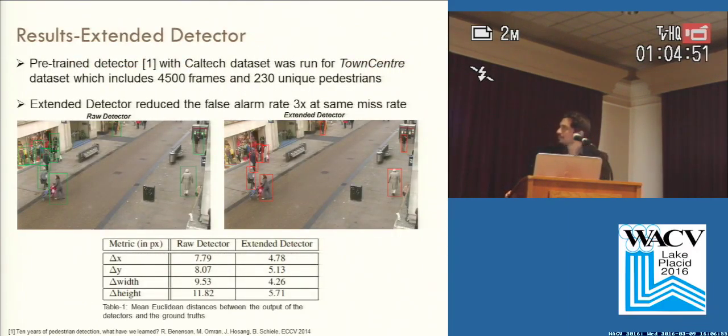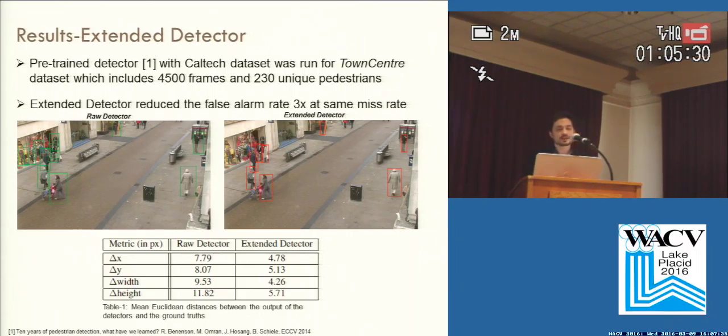To analyze the performance of the extended detector, we directly use the pre-trained state-of-the-art detector trained on the Caltech dataset, and we run this detector on the Town Center dataset, which includes 4,500 frames and 230 unique pedestrians. And we were able to reduce the false alarm rate on this Town Center data by 3x at the same true detection rate. And also we were able to obtain better well-fitted detector outputs, which is very useful